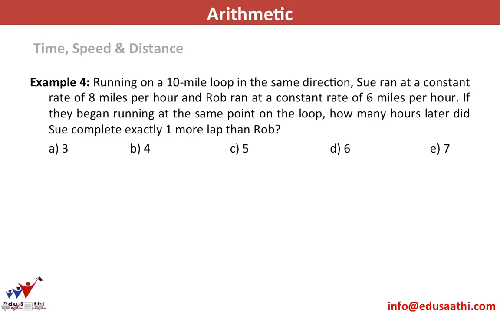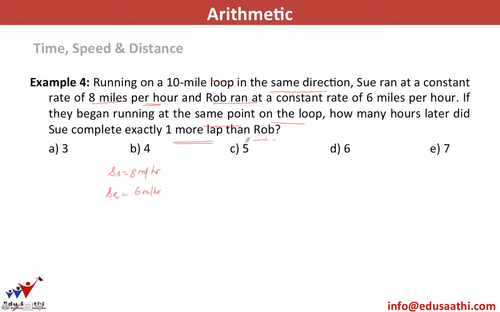Let's look at question number 4. Running a 10-mile loop in the same direction, Sue ran at a constant rate of 8 miles per hour. Okay, so I have the speed for Sue, which is 8 miles per hour. And Rob ran at a constant rate of 6 miles an hour. If they began running at the same point on the loop, how many hours later did Sue complete exactly one